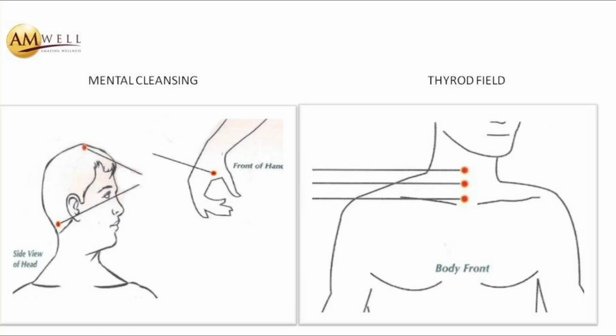This is for mental cleansing, for clarity of mind, for improvement of your migraine, sleep, or your mental field. You can also press this point on the front of your hand, between your thumb and your fourth finger. It's about 1 inch between your thumb and finger, and you keep pressing here. This also will help you to eliminate headaches and give you clarity of mind, focus, thoughts, and so on. If you keep on doing it, you will see.